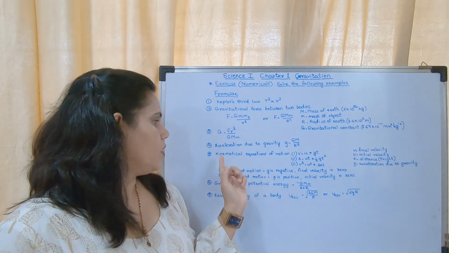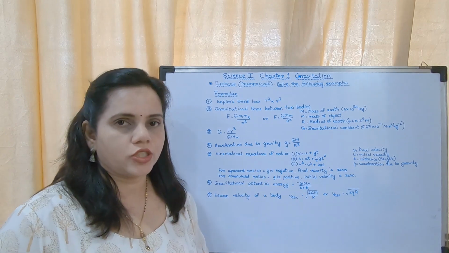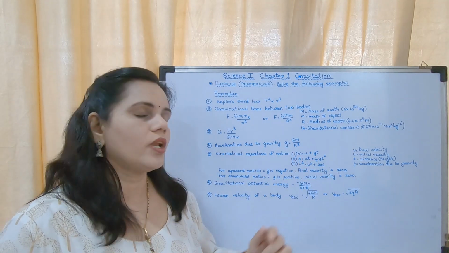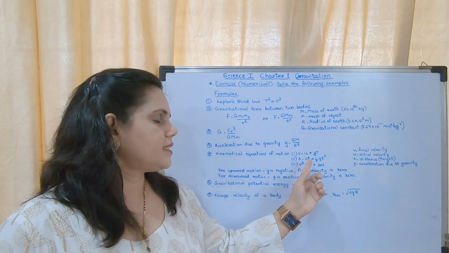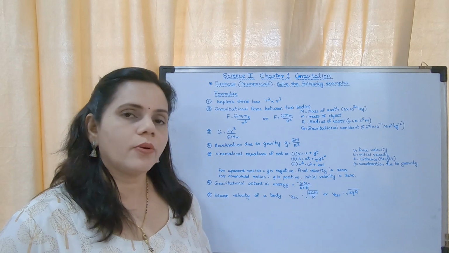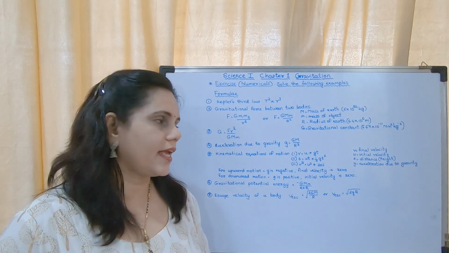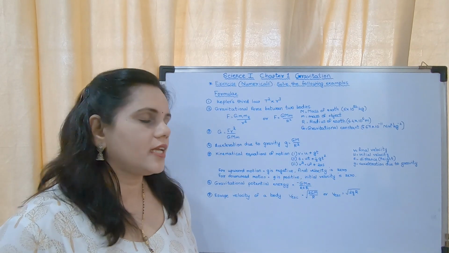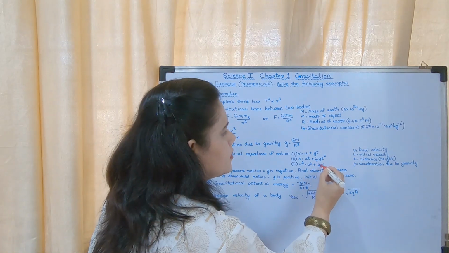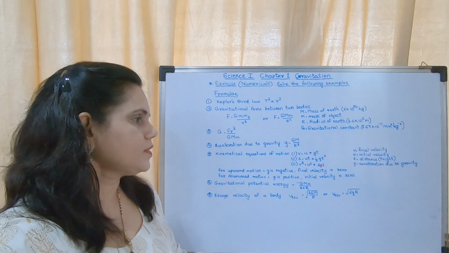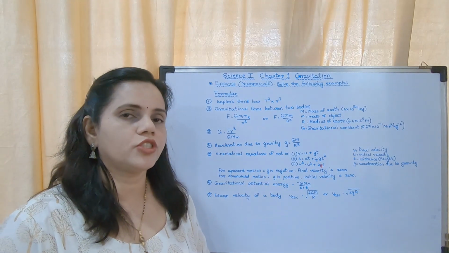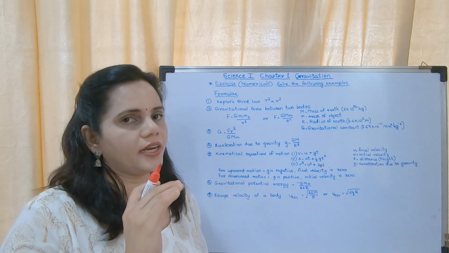Okay, now kinematical equations of motion. We are having three kinematical equations of motion. v is equal to u plus g t, s is equal to u t plus half g t square, v square is equal to u square plus 2 a s. Okay, or instead of 2 a s you can write it as 2 g s, isn't it? So because these are kinematical equations of motion of a freely falling body or an upward going body.